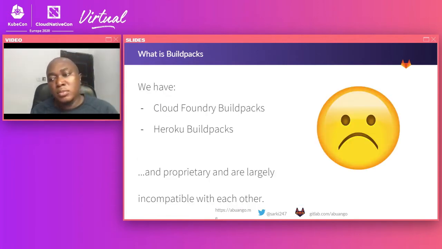Now, as Buildpack has evolved, everyone saw the benefit in easing the work of the developer in detecting the language they've used to build the applications and using the necessary dependencies to build them in CI and deploy. Pivotal created their own Cloud Foundry buildpacks, and Heroku had theirs. And because most of it is proprietary, you can only use it on their platform. The rest of us are basically left with